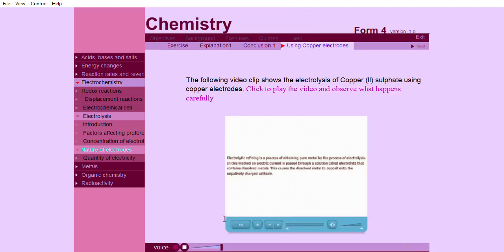Electrolytic refining of copper. Electrolytic refining is a process of obtaining